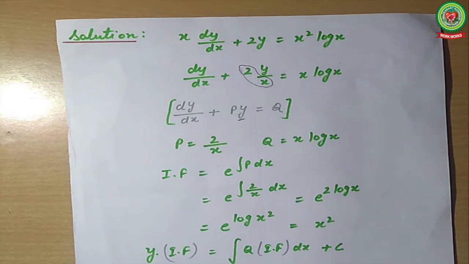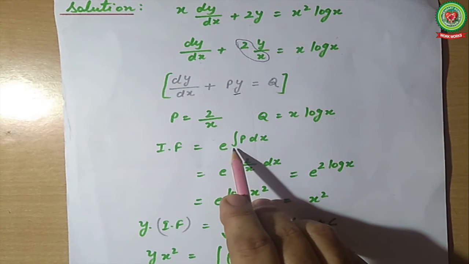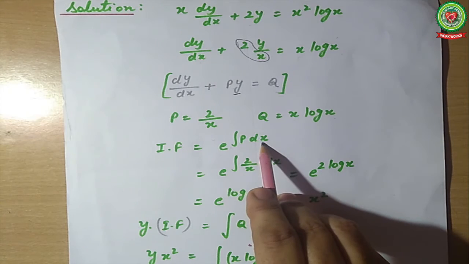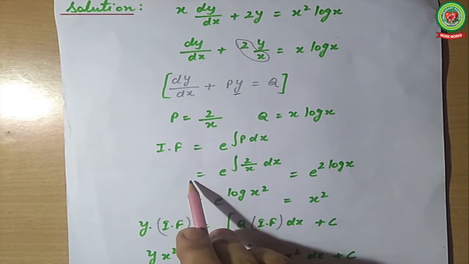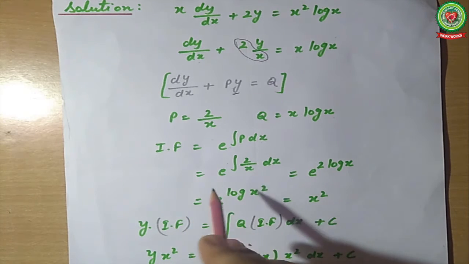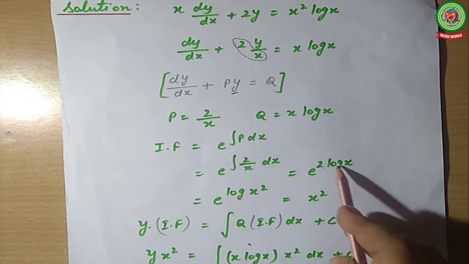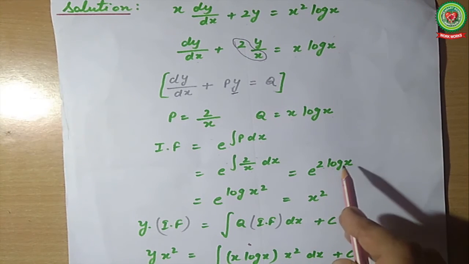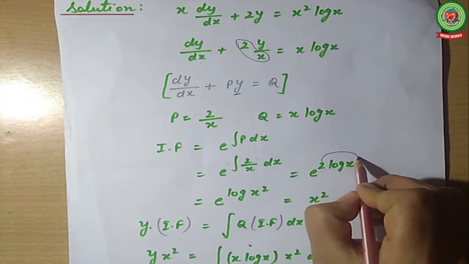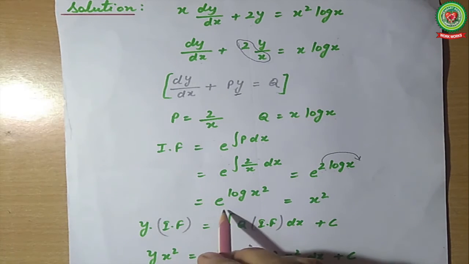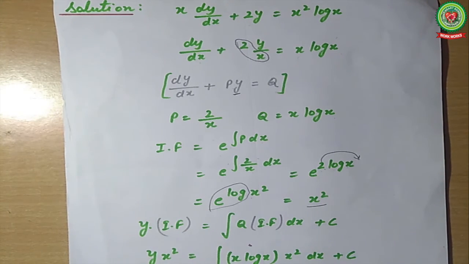Then we will find out the integrating factor. Integrating factor is e raised to power integrating of p dx. So p value is 2 upon x. We can take 2 as a common factor, so 2 upon x in integration is log x there. 2 as it is, 2 log x is there. Now when we solve this value, we have already done it, it will be the power of the variable. So it will be equal to e raised to log x square. Cancel, x square is there.